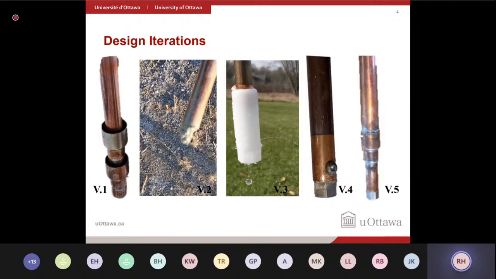So we moved on to version 3, which is a foot valve at the end of a copper tube, which, as you can see, had some leaks in it, just by nature of putting plastic into copper. But the principle of that really worked. We were able to get really mucky, sediment-laden water. So with version 4, we tried to refine it and use more durable materials, a metal ball valve with a set screw. And we were able to fill the tube quite successfully at times, but with some wells